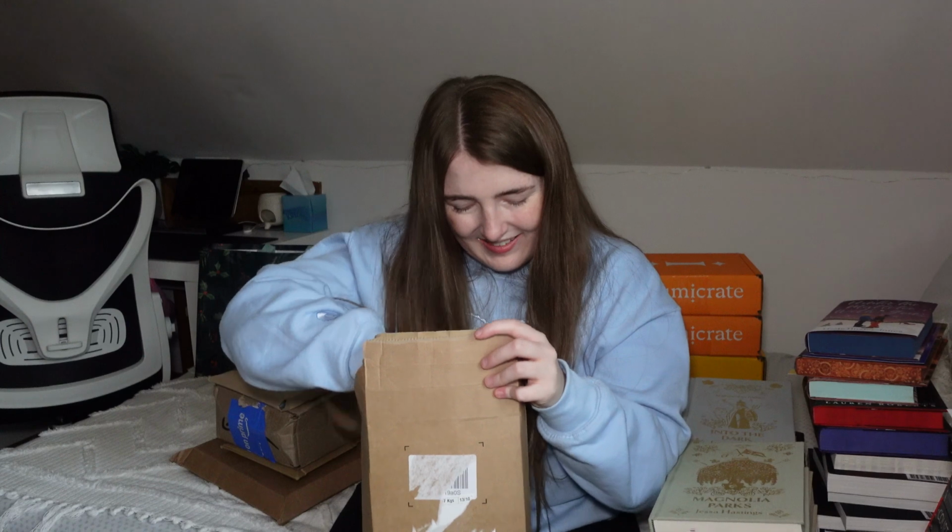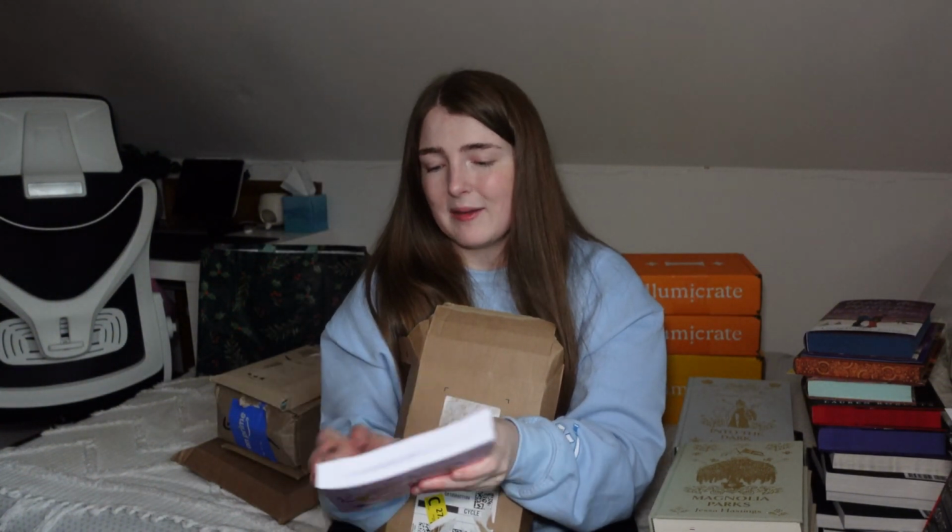This one I already opened for reasons I cannot remember, but anyway. I've got three books in this one. The first one is Passenger Princess by Morgan Elizabeth, and I've seen this on TikTok, like most of my book recommendations. I have read a Christmas book by Morgan Elizabeth before and I really liked it, so